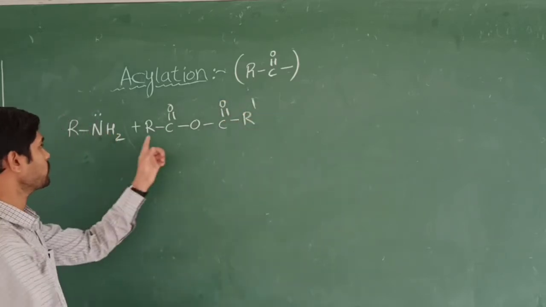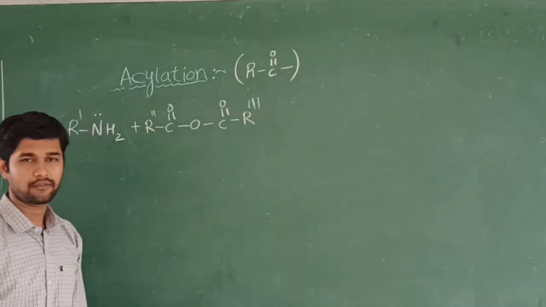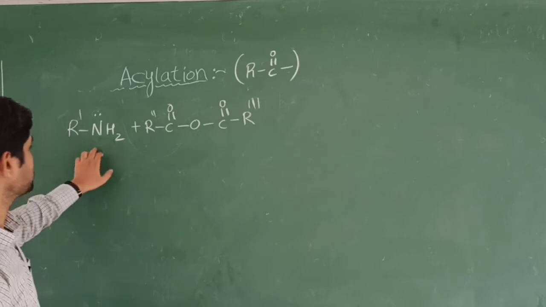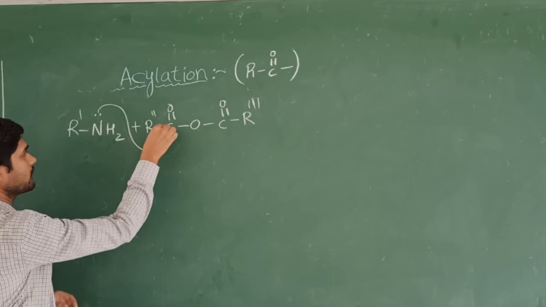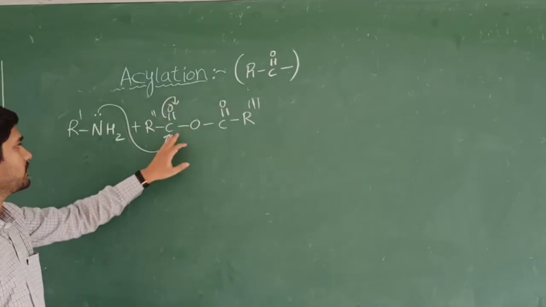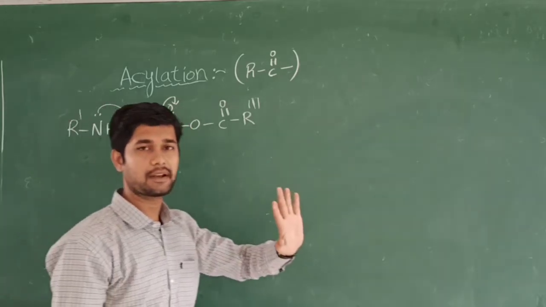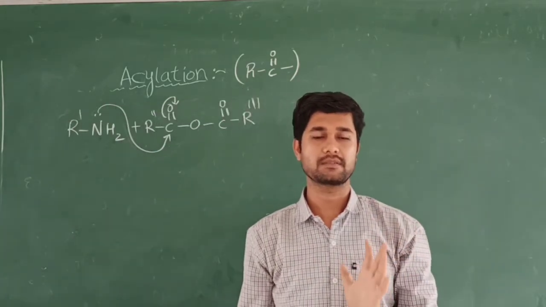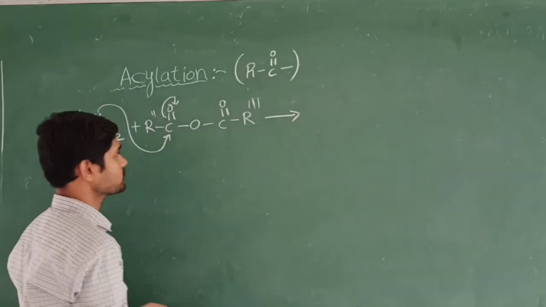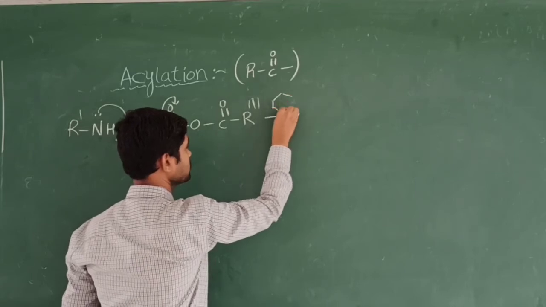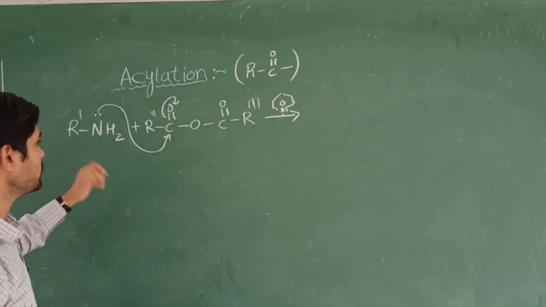I am going to label this R1, R2 and this R3, so as not to confuse. Here this is the primary amine that reacts with the anhydride. So it will be the same as before. This bond migrates because of the partial positive charge on the carbon and negative charge. So this reaction is completely a nucleophilic substitution reaction. What happens? I am going to write the mechanism. This also takes place in the presence of pyridine only, because pyridine is more basic than this primary amine.